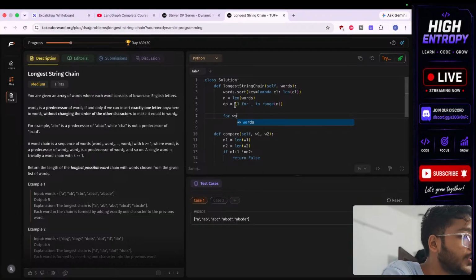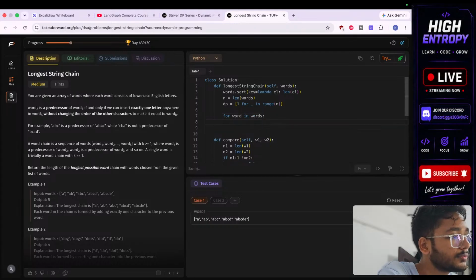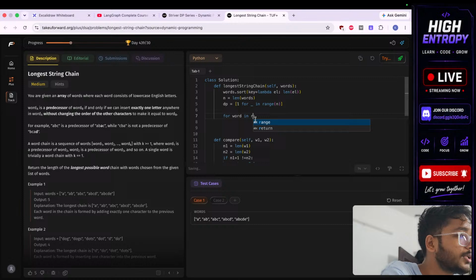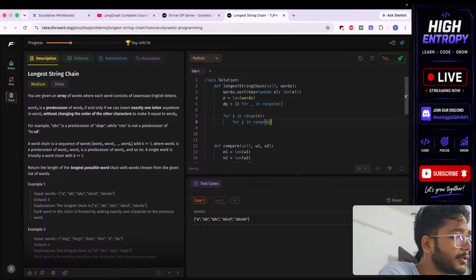For i in range n, let i represent the particular word. For j in range till i,